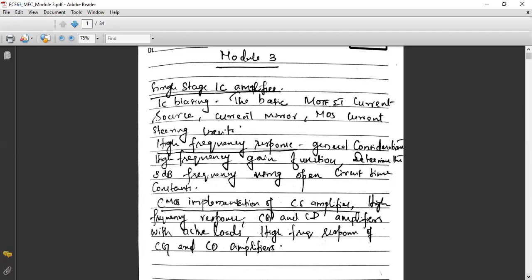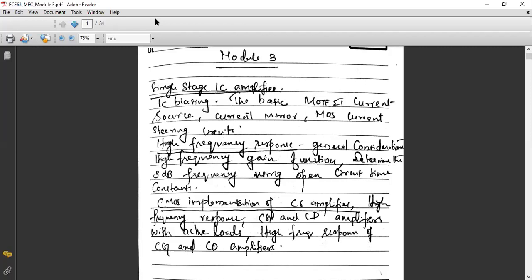Here we are dealing with ICs made up of MOSFETs. Why are we using MOSFETs in fabricating this IC instead of ordinary transistors like BJTs? Because MOSFET is a low power dissipation component. It will consume less power compared to the conventional bipolar junction transistor. So we are considering integrated circuits or IC chips composed of MOSFETs, and we are trying to bias this IC by numerous methods.